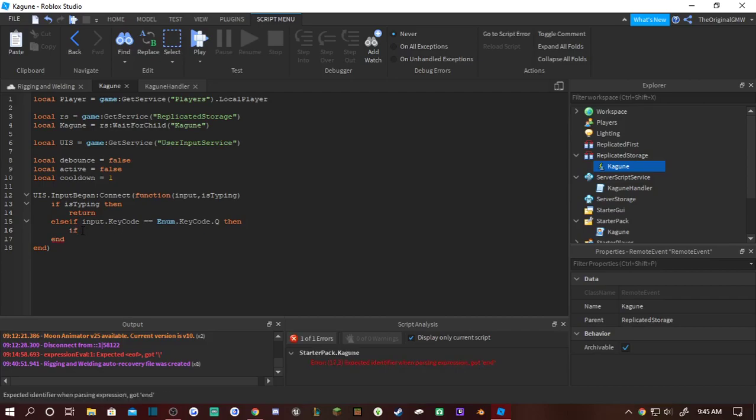Okay, so now we're gonna do two things. So we're gonna do an if statement and an else if statement. So I'm gonna set this up like this. Just give them some space. So in the first if statement, right, this is gonna be the one that activates it. So what we're gonna do is if debounce is equal to false and active is equal to, not true, false, then what it will do is,